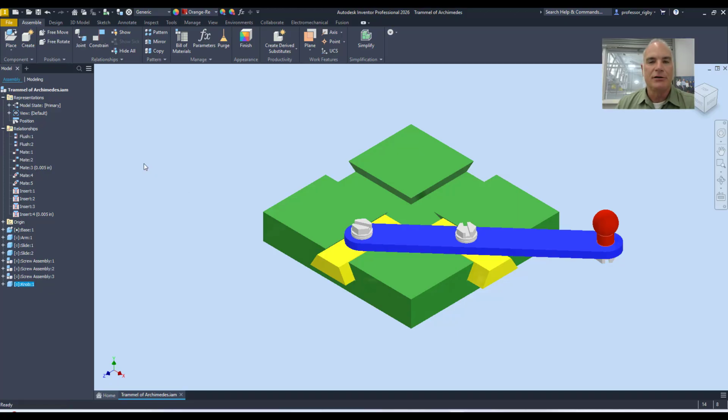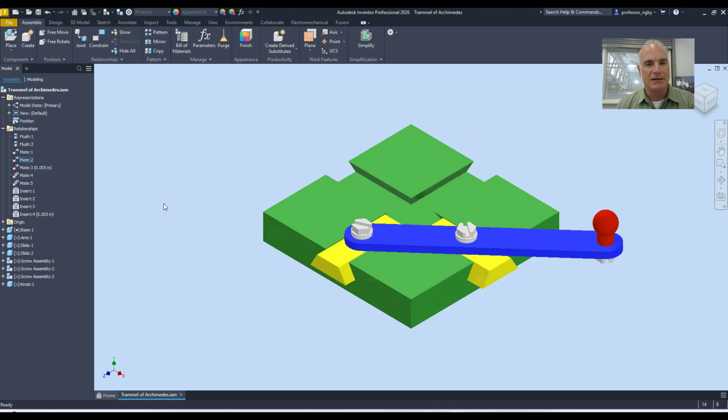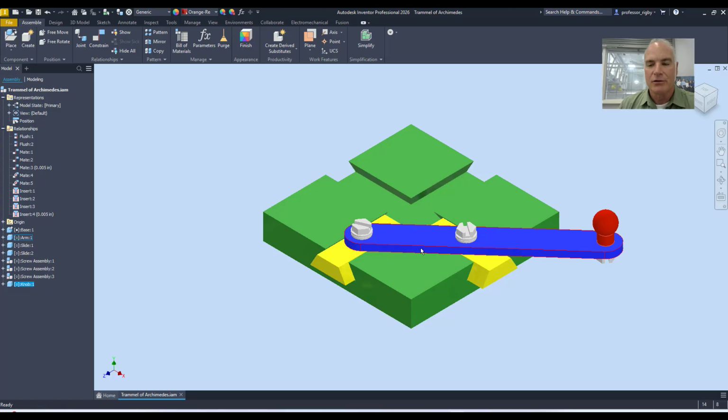You can actually come in and drive most constraints. If I just right click on any one of these right here, you'll notice that there's an option to drive this constraint. But if I drive this flush constraint, it's not going to give me the output that I want. So you have to be kind of strategic about it. Again, what I'm doing is converting rotational motion into linear motion. So I'm going to say I want to drive this arm in a rotation of 360 degrees, which means I need to use an angular